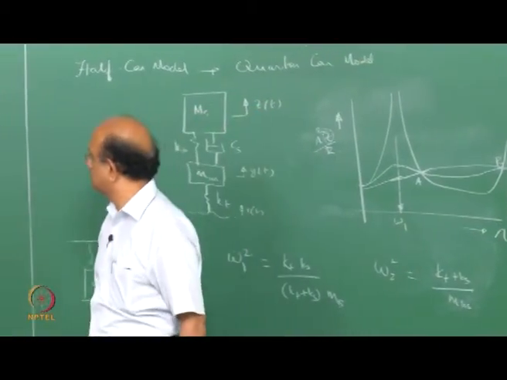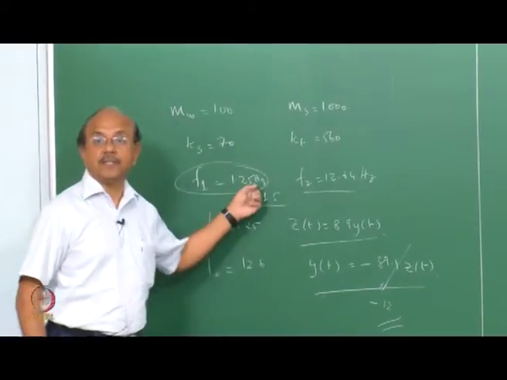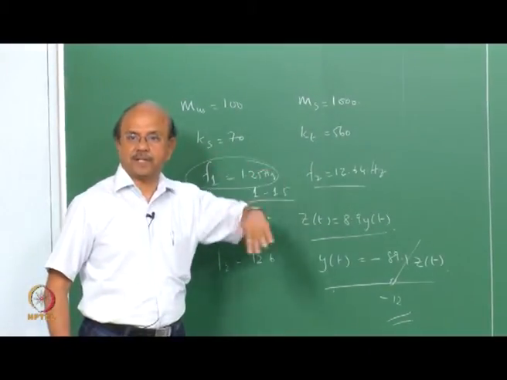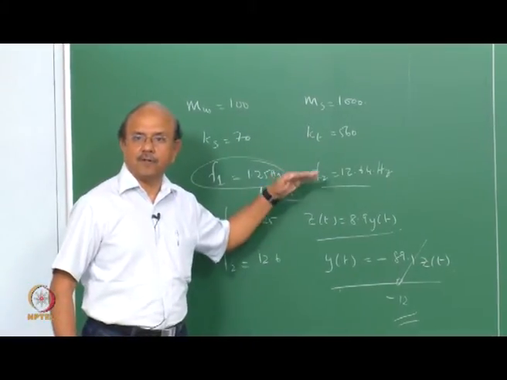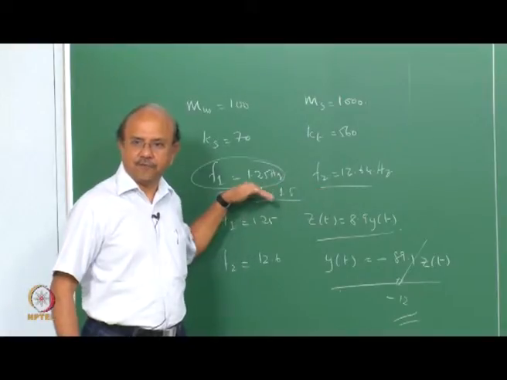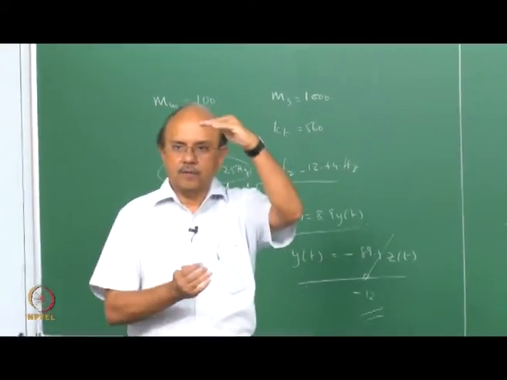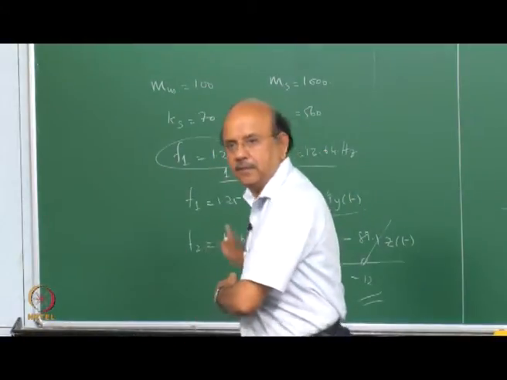You gave relation between... No, these are the natural frequencies, and those are the frequencies for which the mode shapes are calculated. These are the two mode shapes for that frequency. At that frequency of oscillation, what is the movement of the unsprung mass and the sprung mass? That's what we are expressing here.